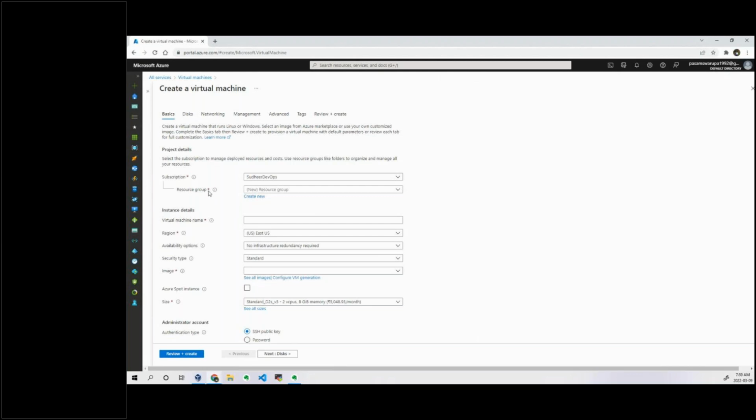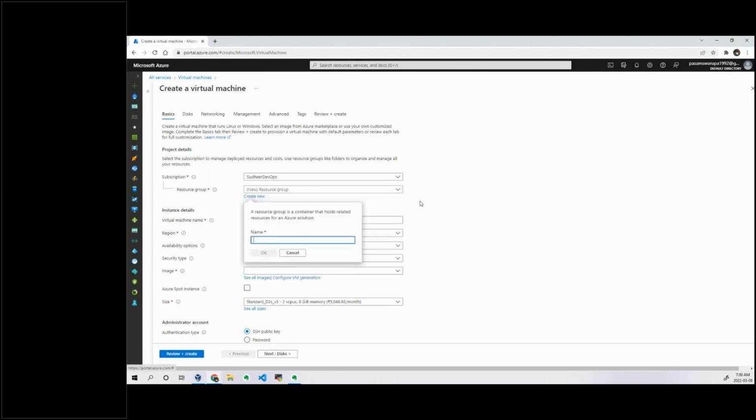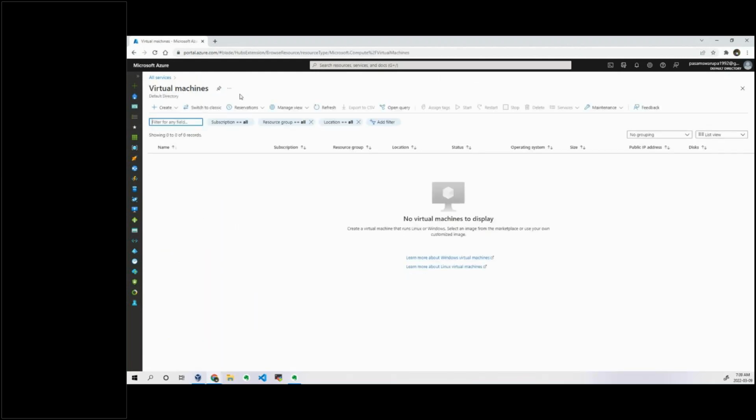You can see a star symbol, which means that it is a mandatory option for which you have to pass some information. If no resource group is available, you have to create it. Okay, so which means that under this resource group your resource will be available. To logically represent a couple of resources whose life cycle needs to be managed together, we place those resources under one particular resource group.